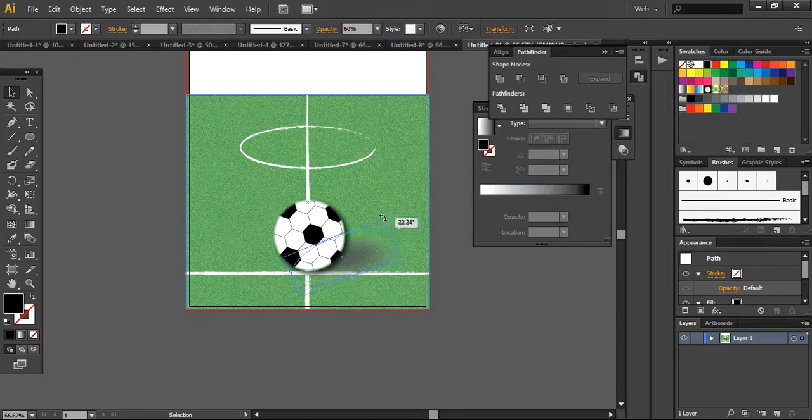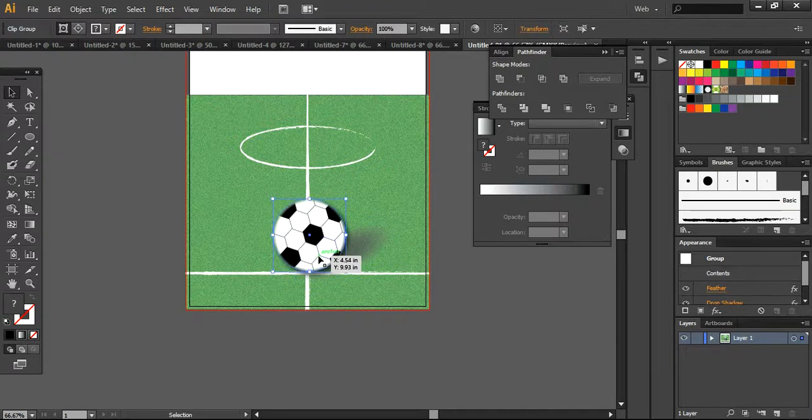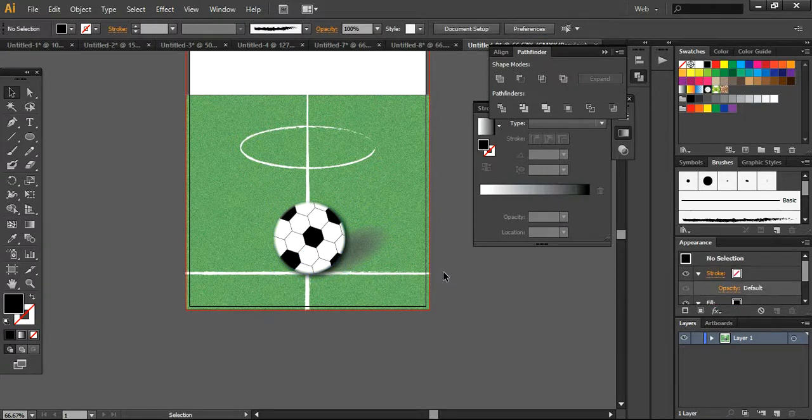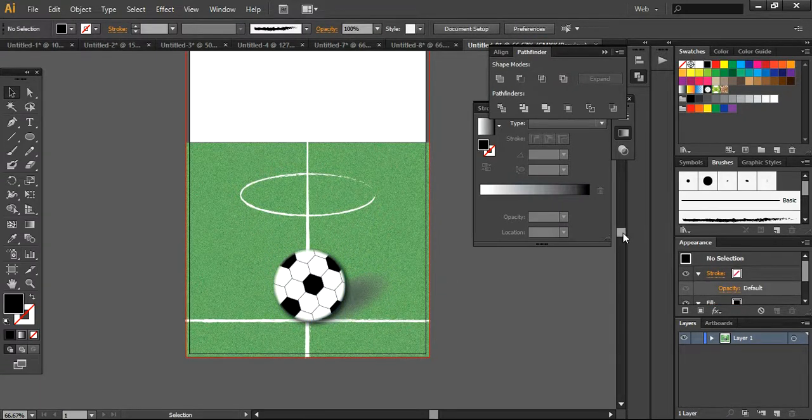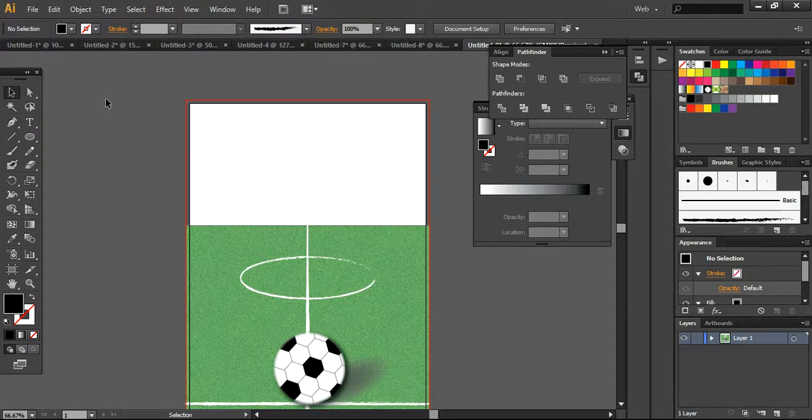Now you can just make a little elevation to this shadow, take it under the ball, so it would look like this. Now what I'm going to do, I have to work on the upper part,